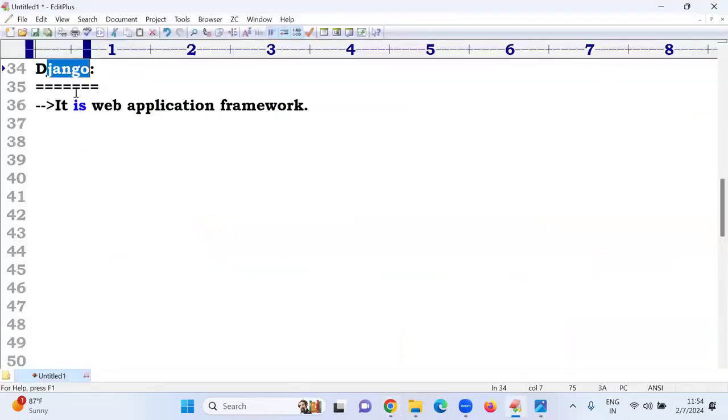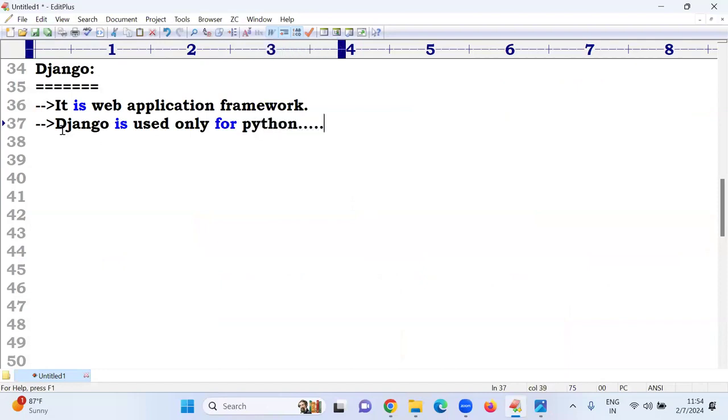Now we need to discuss Django. Django is one of the frameworks purely to develop which one? Web applications only. So someone is asking, is this Django used only for Python? By using Python only, it is implemented. Suppose you have written a Java application, and I want to use Django. No chance, not supported. Django is purely given for Python application development purposes only.